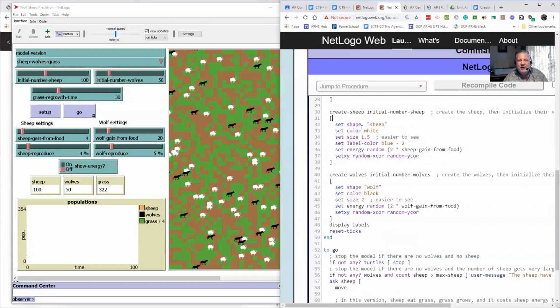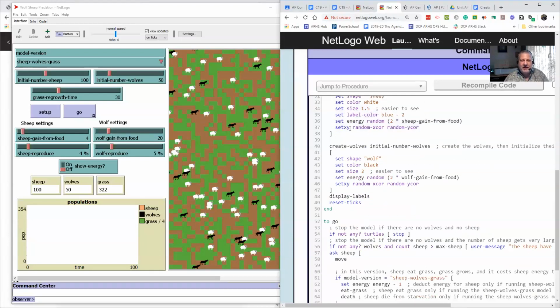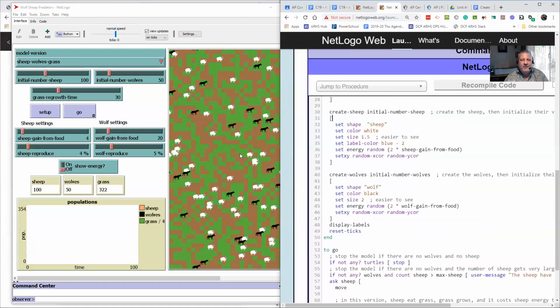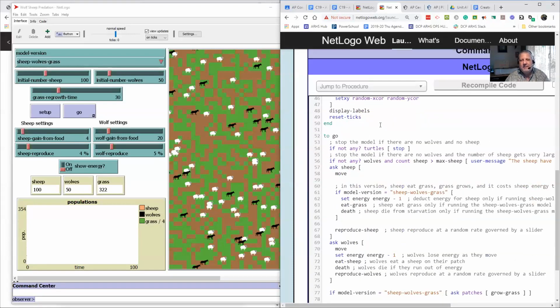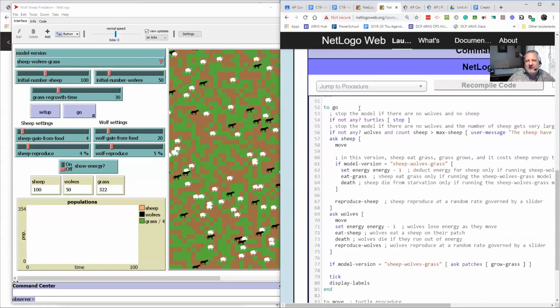right? And so you could model your update based on one of these other things that are there. And you just have to kind of go through and decide, well, what's it going to be? How is this agent going to behave? Or maybe instead of making an animal, you're going to add a weed, right? And maybe the weeds grow faster, but they give the sheep less energy. Okay, so that's kind of the,